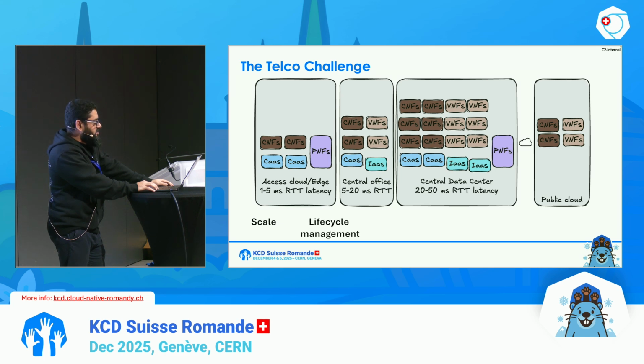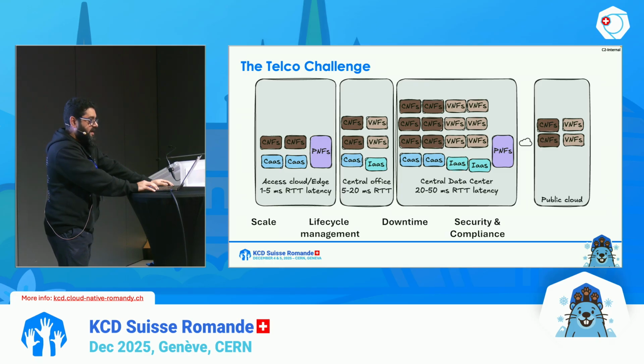Then comes the lifecycle management of this, because as I said, hardware would fail, NICs might die, firmware might become outdated. So all of these must be handled programmatically. Then there is, of course, downtime and the famous five nines, as we all know, for telco, meaning there must be almost none, zero downtime. You can't just take down a telco core during, let's say, an upgrade. So you need to have HA strategies, and they must be built both at the application layer, but as much also in the infrastructure layer. Then fourth is security and compliance, of course, because as we know, telco is a very highly regulated industry.